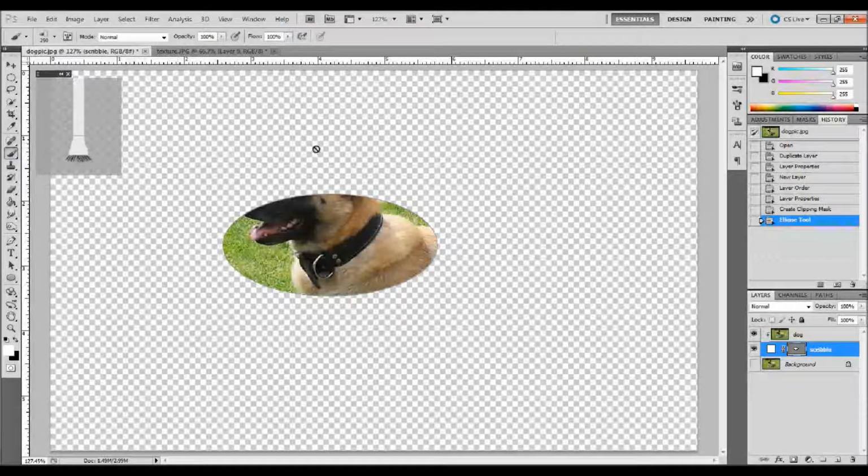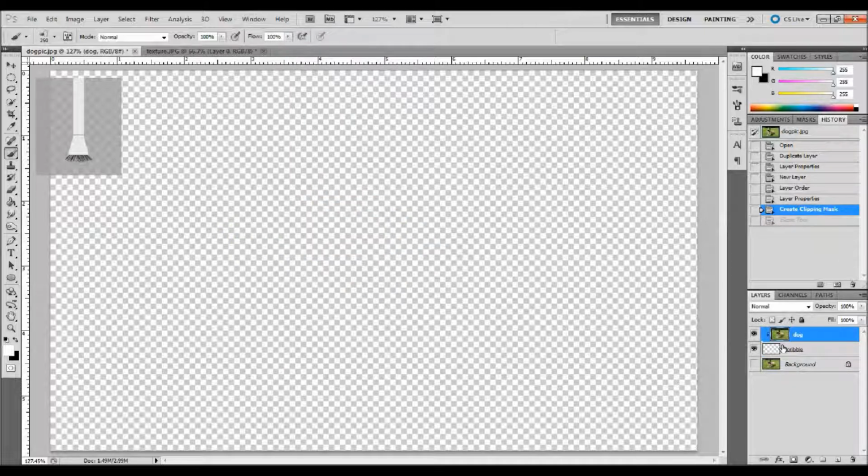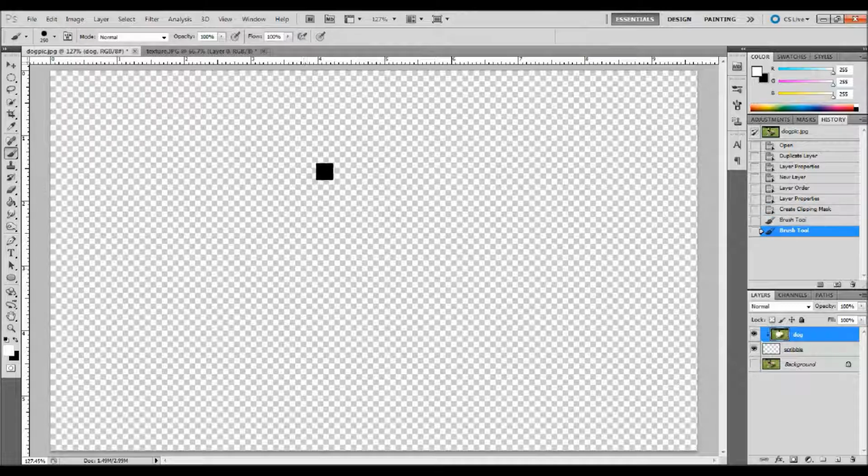now I made that shape, so I'm going to have to go back. If you need to go back, you just go up to Window, down to History. It looks like my history is already open, but you can go back that way. Or you can press Control Z real quick. But like I said, if you select a brush on your tool palette and brush in a little bit, it should apply to that area as well. And I accidentally am back on my dog layer, so you have to make sure that you're doing this